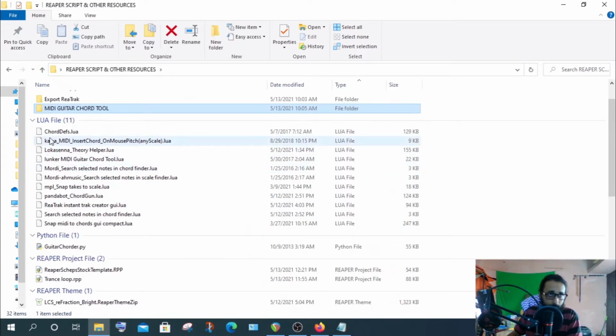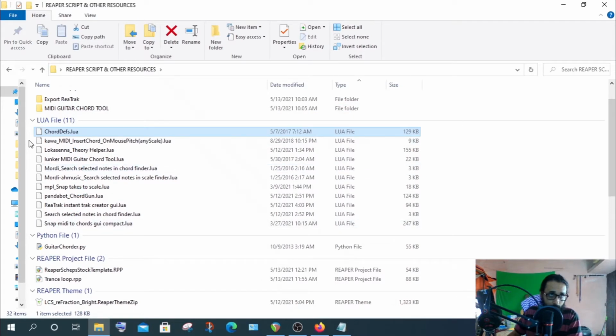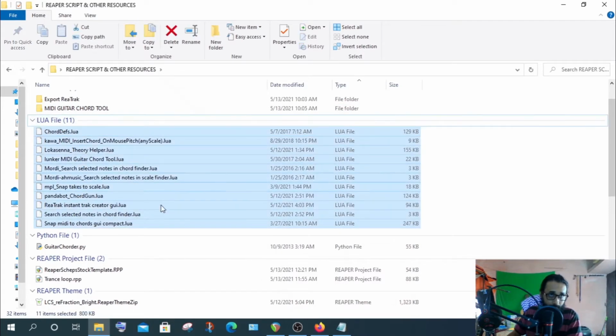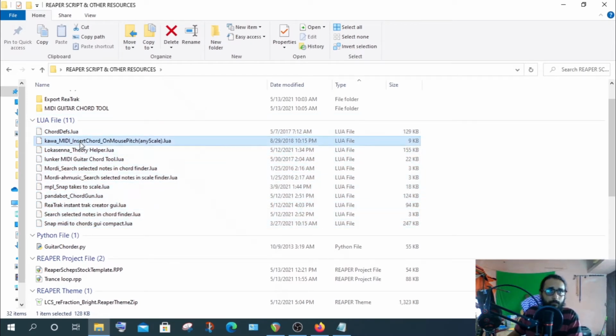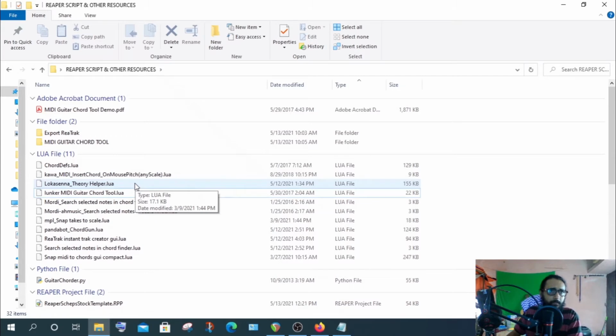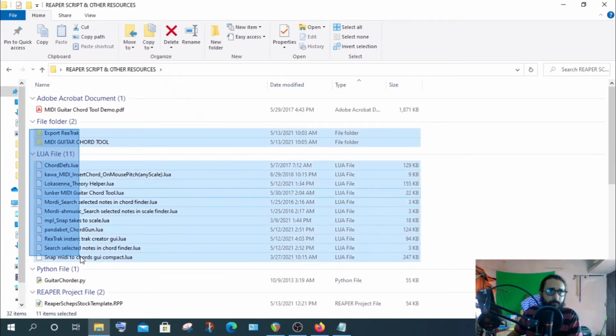However, these other individual Reaper scripts here are individual tools. These are all individual in themselves. These are not all for one. So these are the Reaper scripts,